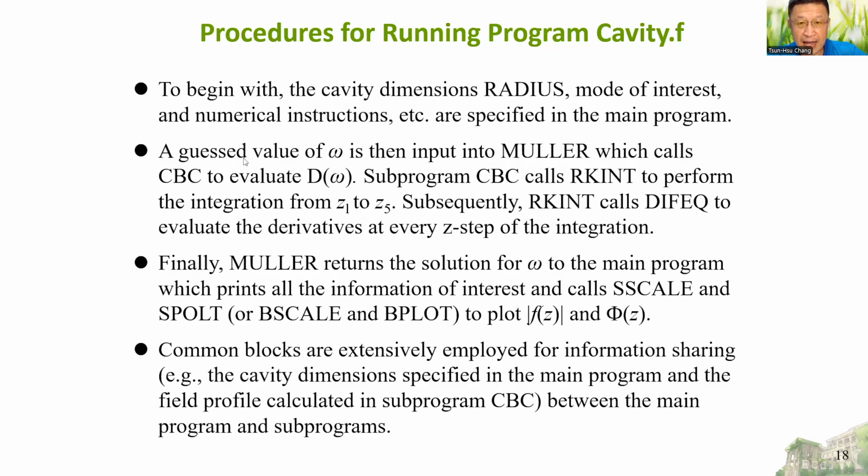And then a guessed value of omega is input into Muller, which calls complex boundary condition, CBC, to evaluate the value of D. Subprogram CBC calls Runge-Kutta to perform the integration from Z1 to Z5, and subsequently, Runge-Kutta calls the differential equation to evaluate the derivatives at every Z step of the integration. Finally, Muller returns the solution for omega,